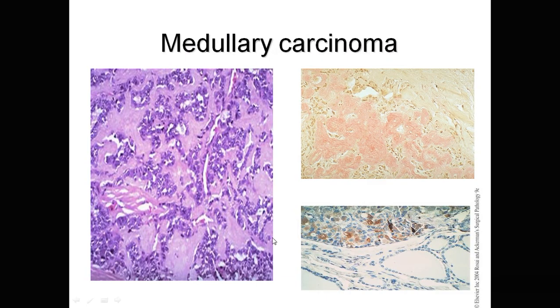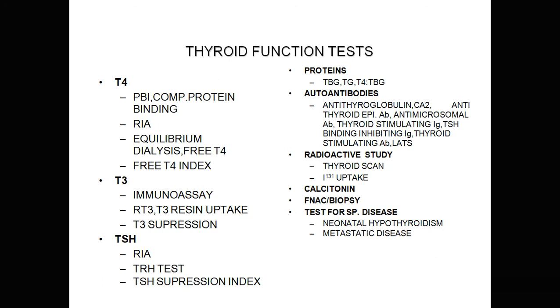Medullary carcinoma, the cells have neuroendocrine features and it contains the amyloid material and stains with calcitonin. And lastly, the thyroid function tests, briefly. The important thyroid function tests are T4, T3 and TSH. TSH is the most sensitive and the first test to do. Once the TSH level is abnormal, then we go for the free T3 and T4 levels, and some protein, thyroid binding globulin and the T4 to thyroid binding globulin ratio, some autoantibody markers, anti-TPO for Hashimoto thyroiditis and